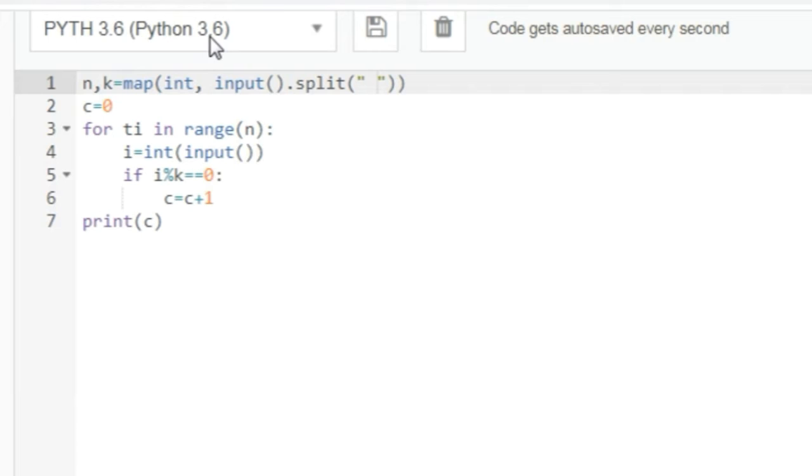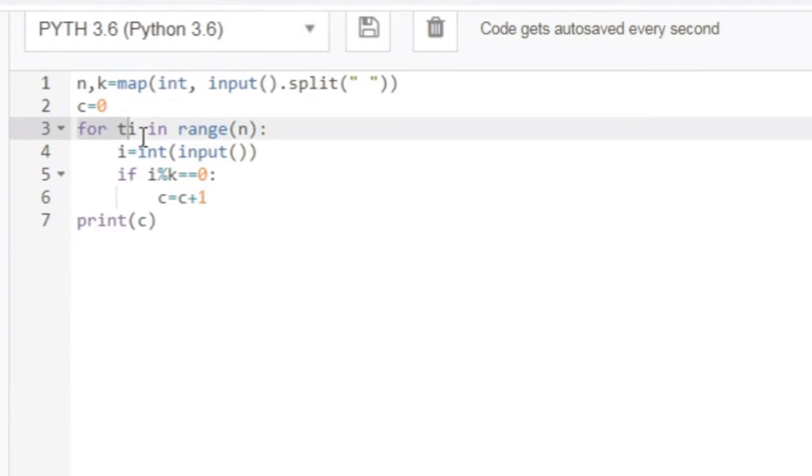Now we have taken the two variables n and k as mentioned there and used the map function. So map function का काम ये होता है कि एक ही लाइन में मल्टीपल इनपुट्स ले सकता है. इसका सिंटैक्स ये है कि map int input and then dot split and then these quotation marks separated with a blank space. And we have initialized a counter variable c equal to 0.